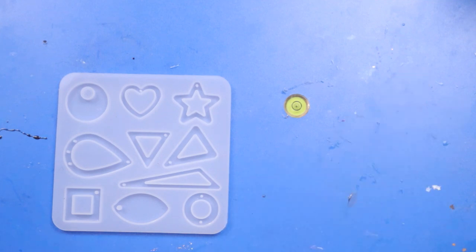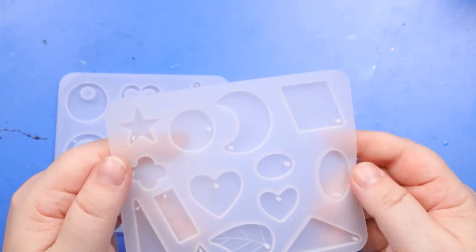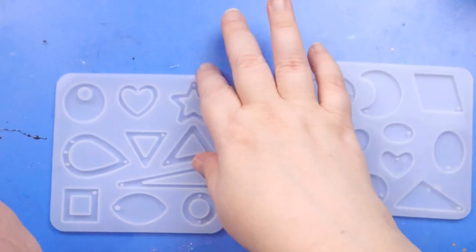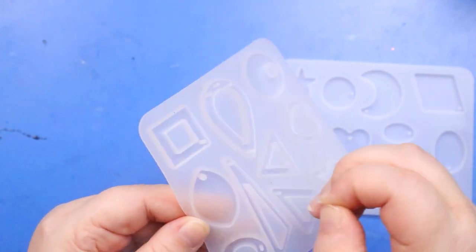But I wanted to see how these were. They seem like they're really good quality, although they're not shiny at all on the inside, or at least that one isn't. Yeah, that one's not really either. It's already got...